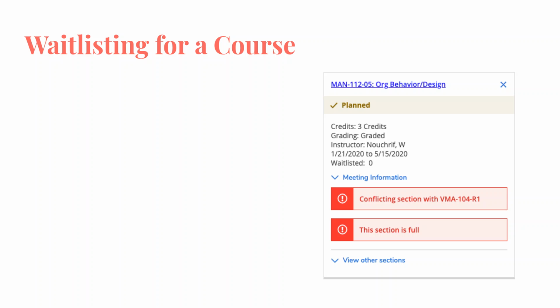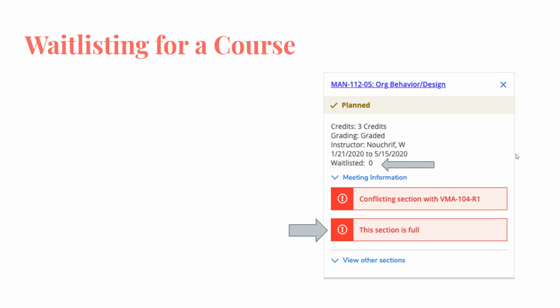So when you log back in, you might see this red bar right here that says this section is full. And that means there are no more seats in that class. And usually what that means, no one can make a seat for you. There's only a limited amount of seats for each class. And so if you want to get into this class, your only option right now is going to be getting on the wait list. So you're going to see this number right here, excuse me,